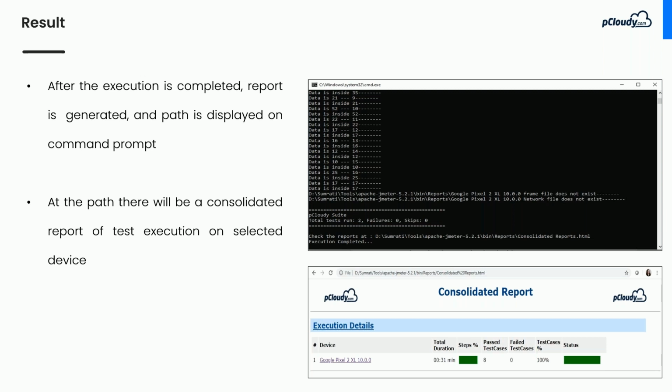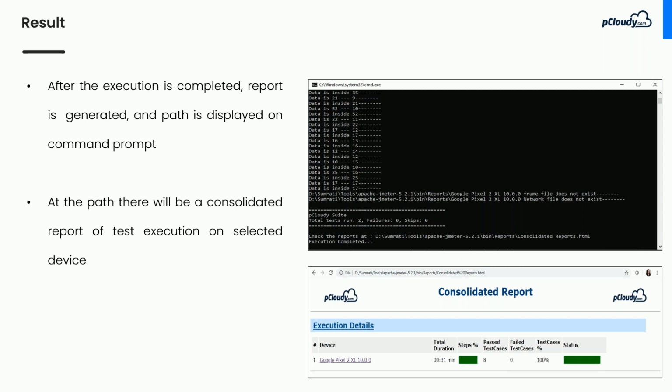It also gives us stats like how many tests ran and how many passed or failed. That's a typical test metric which will come out. Beyond that, the important thing is the duration, which gives us the rendering time.